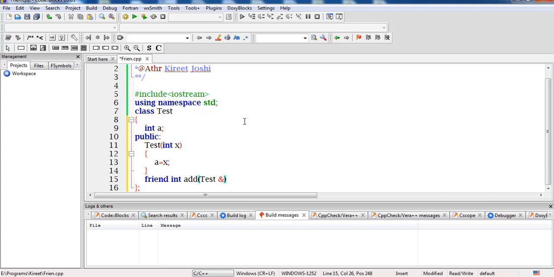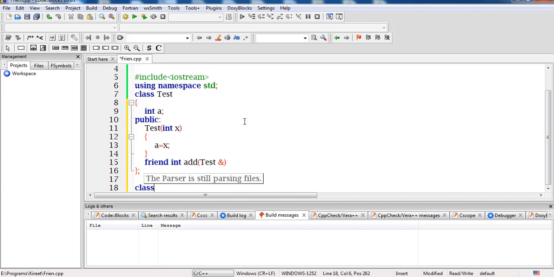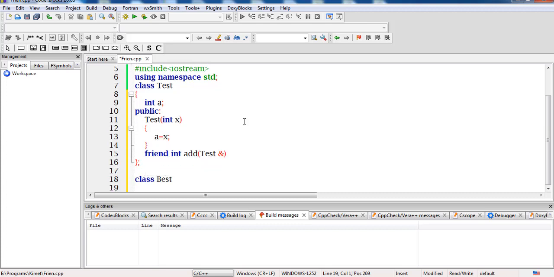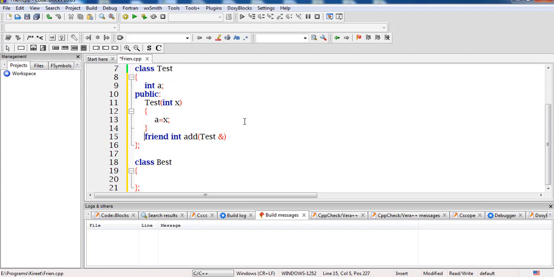So the first class is test, and let us suppose I am creating another class, the name of the class is best, for example. Here I have to pass test and best both, so this is best ampersand. I have to pass the reference of both the classes to this friend function, because this friend function is common to both the classes test and best.